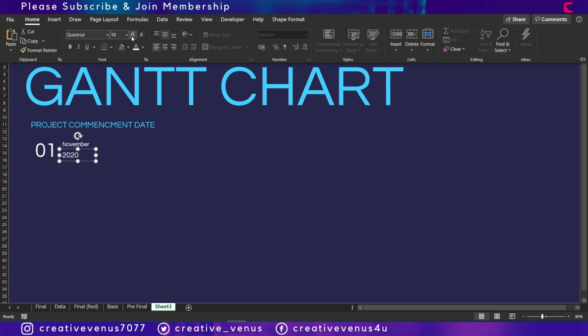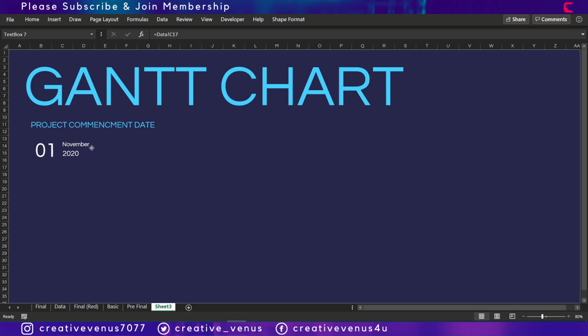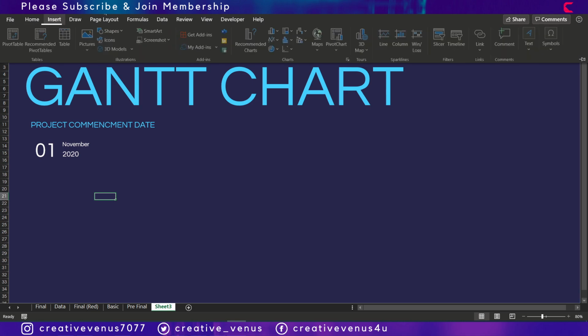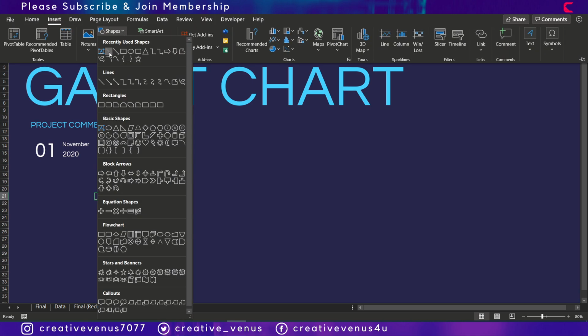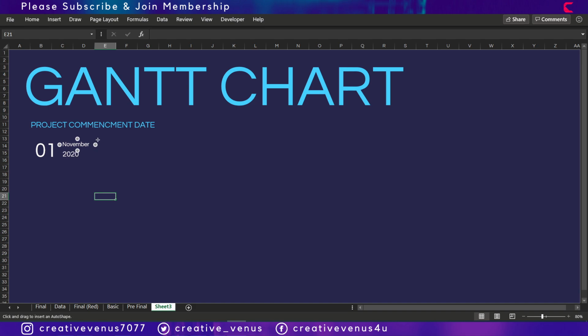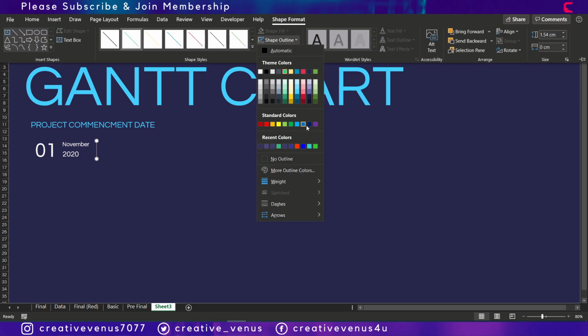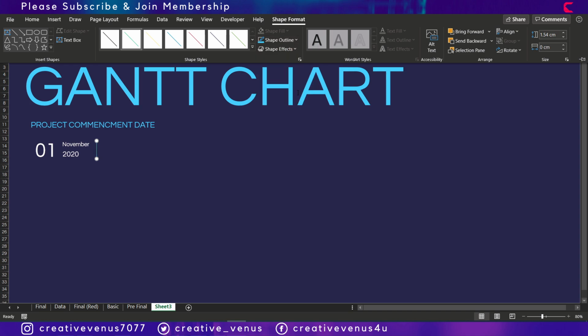That's how it works in Excel. Increase the font size, and you can place it like this. Then you have to go to the insert section. We want to add the day here, and for that we will create a small partition. So let's insert this small straight line like this. Change the line color to this blue